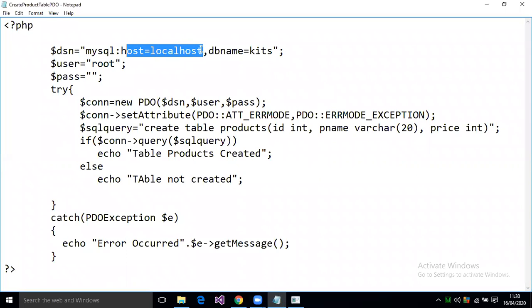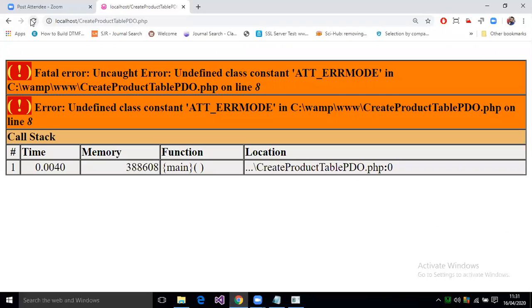Actually, this host name localhost has to be given with your MySQL address like 127.0.0.1. We'll check this, or you can also remove the localhost. By default, it will take it as localhost only.